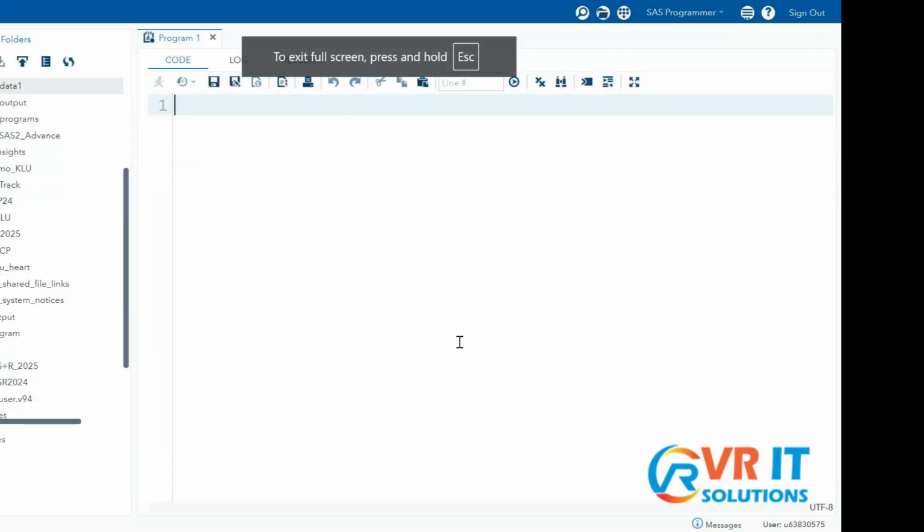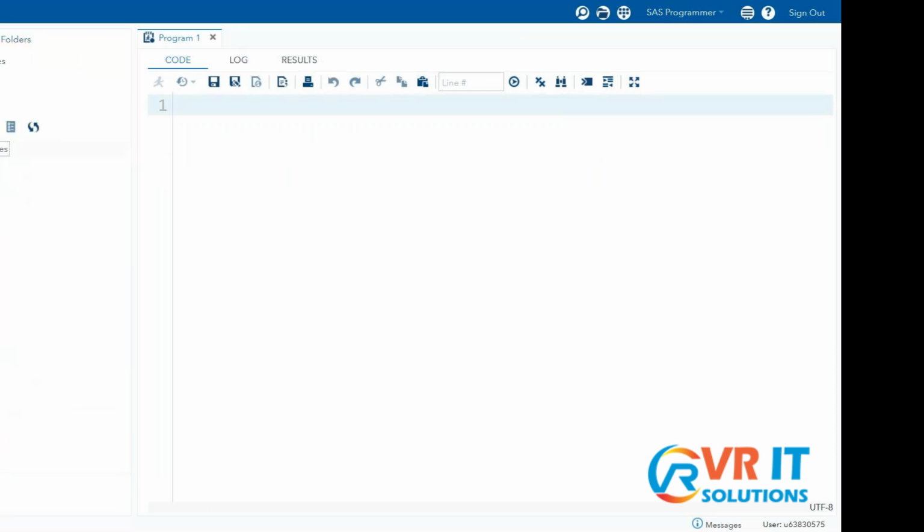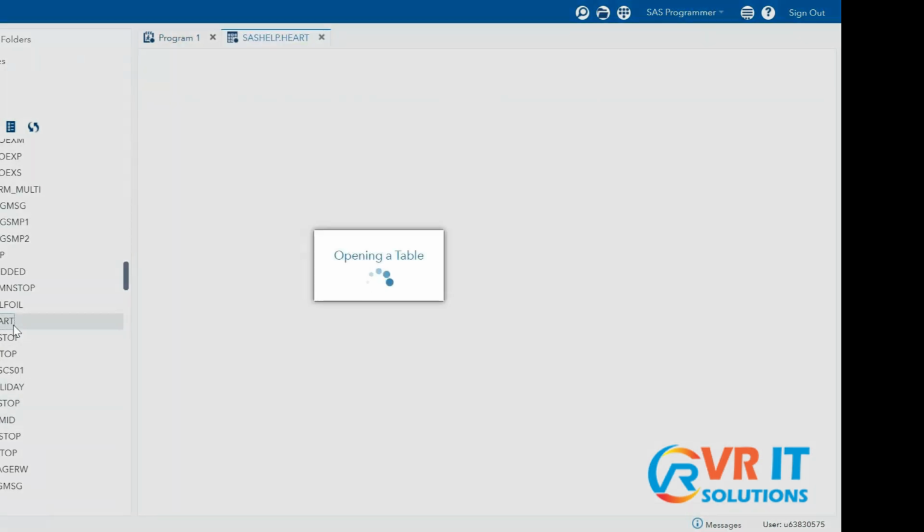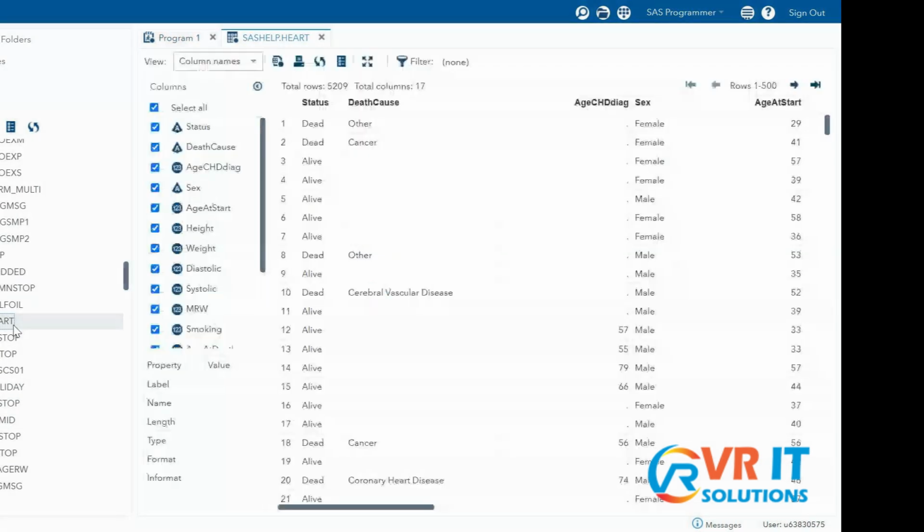So this is the place where we write the code and get the output. Let me show you. There is a SAS help library, and in this library you will have a dataset called heart. This dataset is from the longest ongoing clinical trial, the FHS study, the Framingham Heart Study, which started, I think,